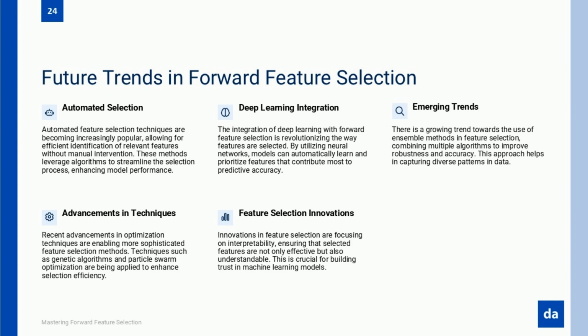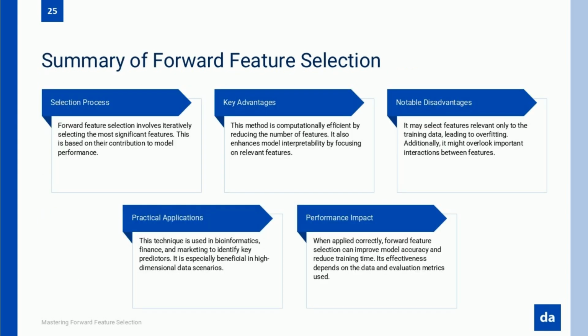So, what have we learned? Let's wrap things up with a quick summary of everything we've covered. We've covered a lot, and if there's one thing to take away, it's this. Forward feature selection isn't just a technique, it's a game changer for building smarter, faster, and more interpretable machine learning models. It helps cut through the noise, selecting only the most relevant features while improving accuracy, reducing overfitting, and making